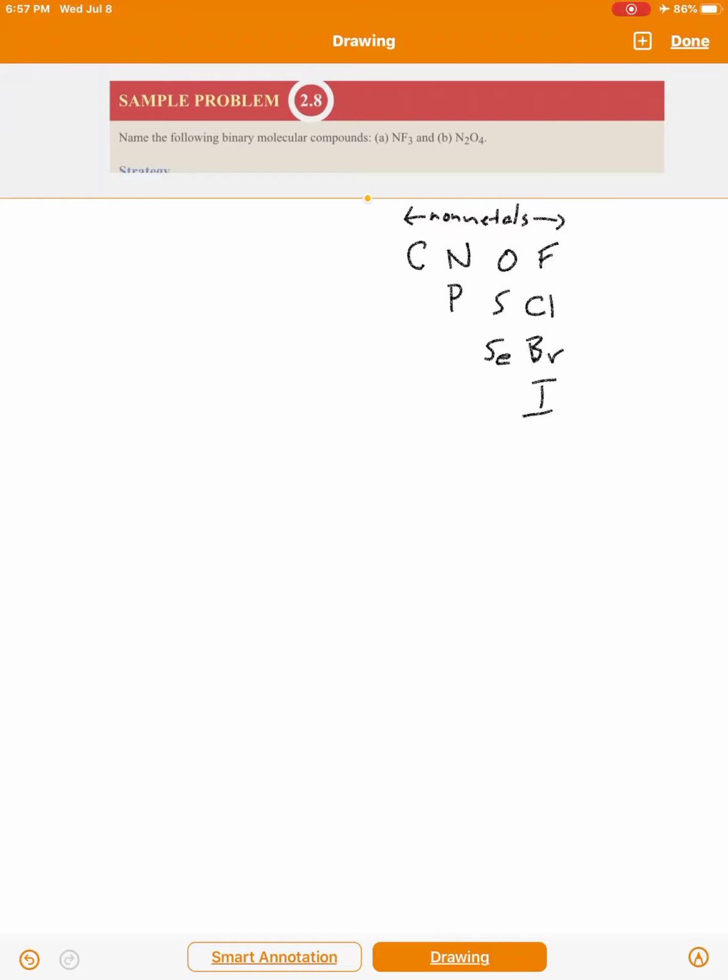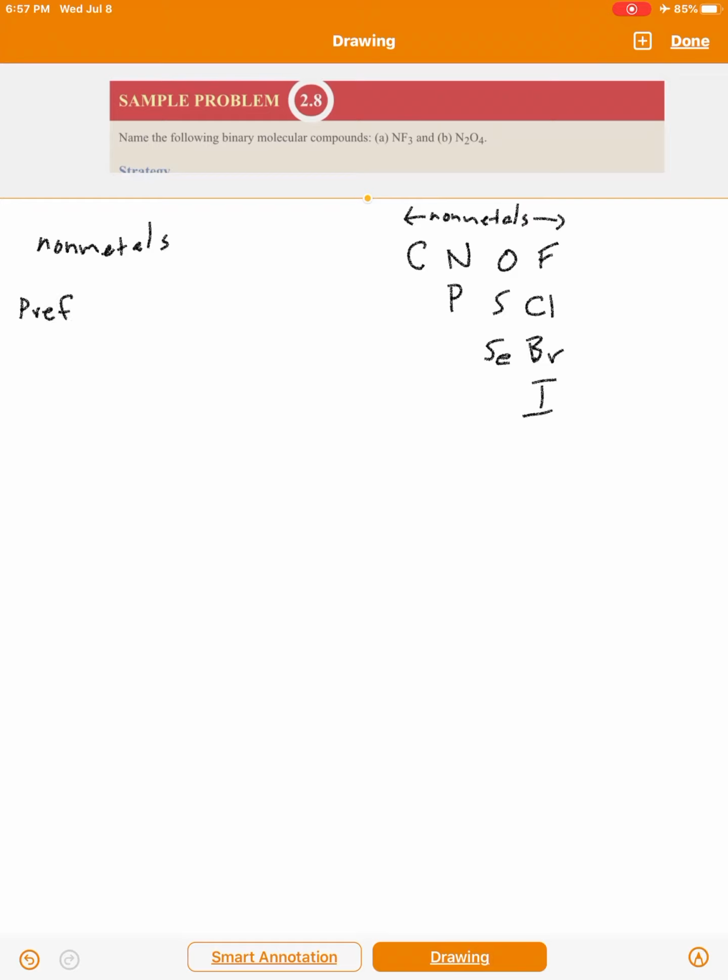Binary molecular compounds are such that they involve only nonmetals. There are no metals, unlike ionic compounds. And we don't generally think of the elements in the formula as having charges like we do with ionic compounds. Sodium chloride, an ionic compound, we think of the sodium as being positively charged and the chlorine as being negatively charged. That's not true for molecular compounds. So we'll use the prefix system,